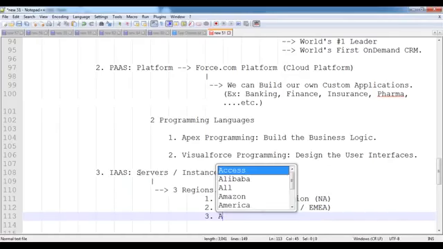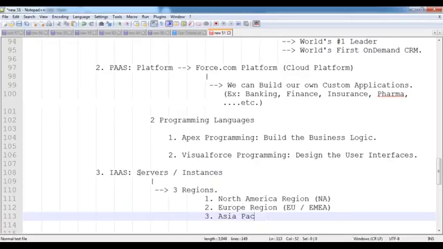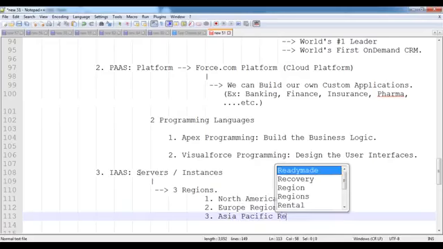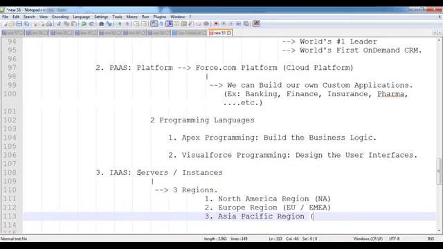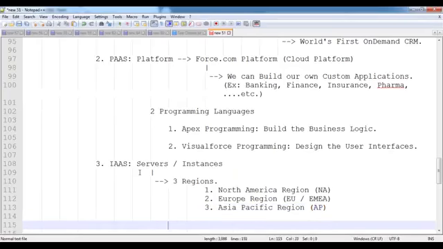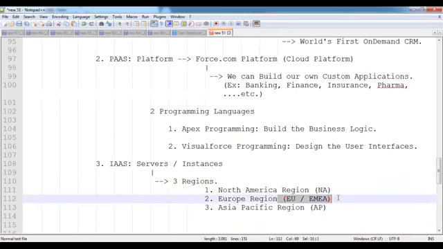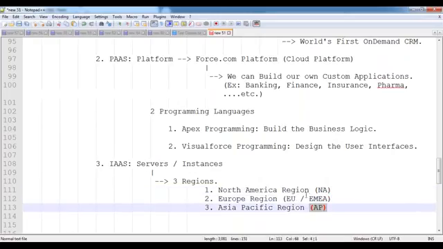Third one is the Asia Pacific region, also called the AP region. In these 3 regions, Salesforce is having and maintaining their own servers.